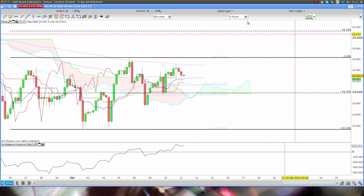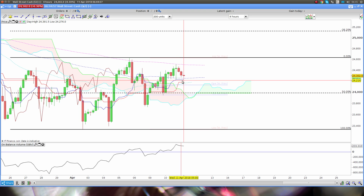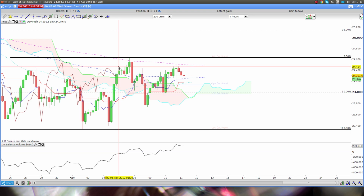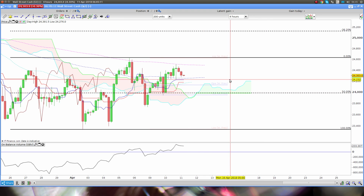So from the 4 hour perspective, we are above the cloud. We are above Tenkansen and Kijunsen, and Tenkansen is above Kijunsen, which is bullish. The only negative part we have here is that the Chikou span has come back into price. We'll need this thing to point up above price. Cloud is green, which is bullish. So from a 4 hour perspective, we are pretty bullish. Okay,